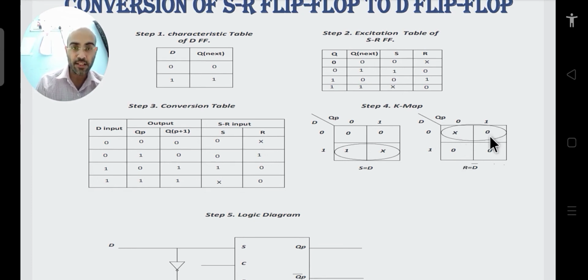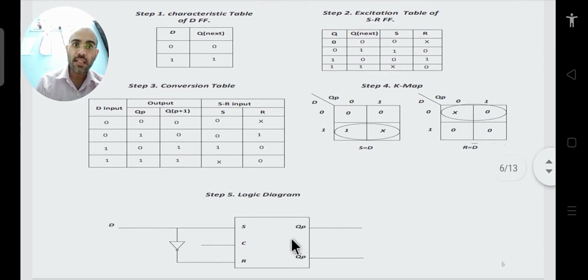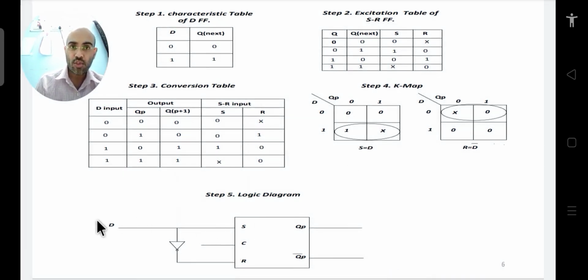Now if you do this, then you can realize these equations which you have got with the help of some combinational gates. Here you will require an inverter, because if D is your input, then S should be equal to D. It means that S should be directly connected to D, because the given flip-flop is SR. So S is directly connected to the input D, whereas R is connected to the inverted input, so you use an inverter in between. If you do this, then you get a D flip-flop. You have converted an SR flip-flop to a D flip-flop by following the procedure which we discussed in the last slide.